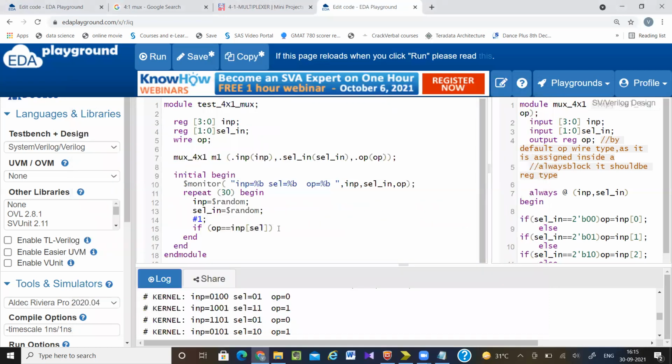So if this condition is satisfied, then $display design is correct. Else $display design is wrong.